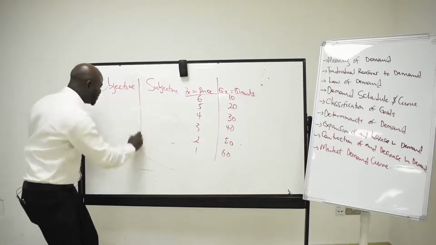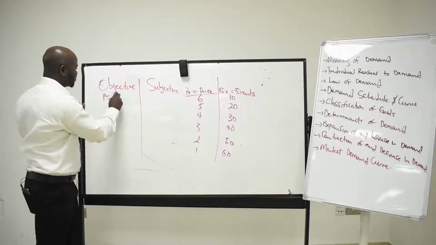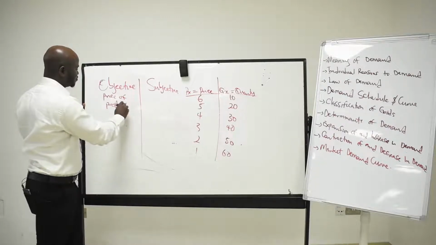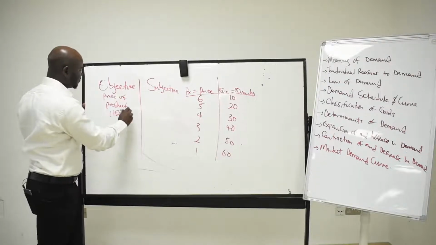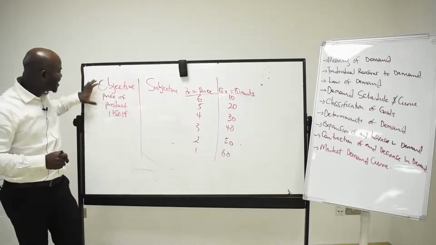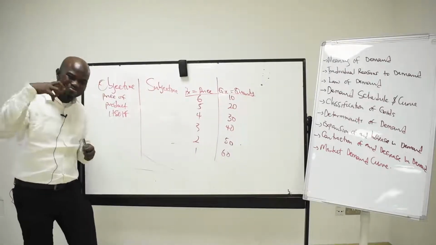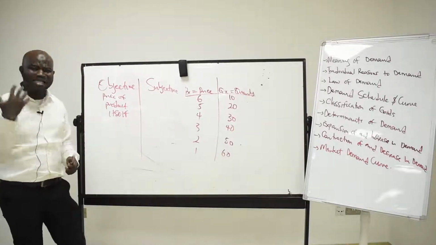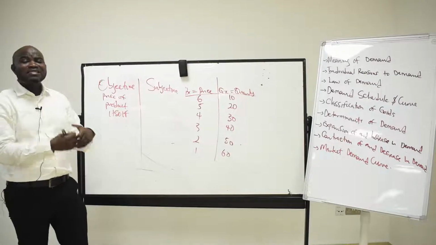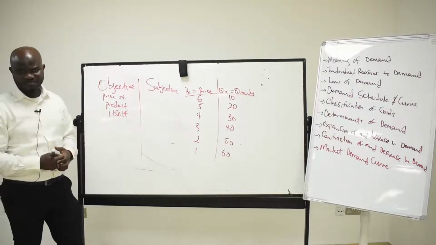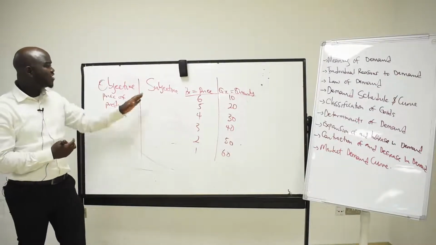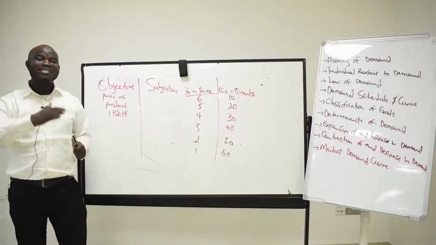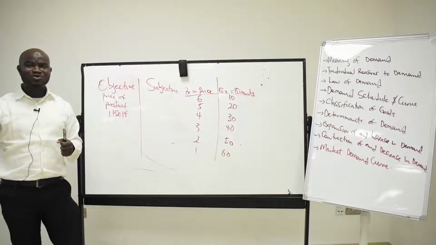Here, under objective factor, we have the price of the product itself. That is, the objective factor is the price of the product itself. What determines the quantity demanded or purchased by the consumer is the price of the product itself. And the subjective factors, or what we call shift factors, are the other factors that can also determine the